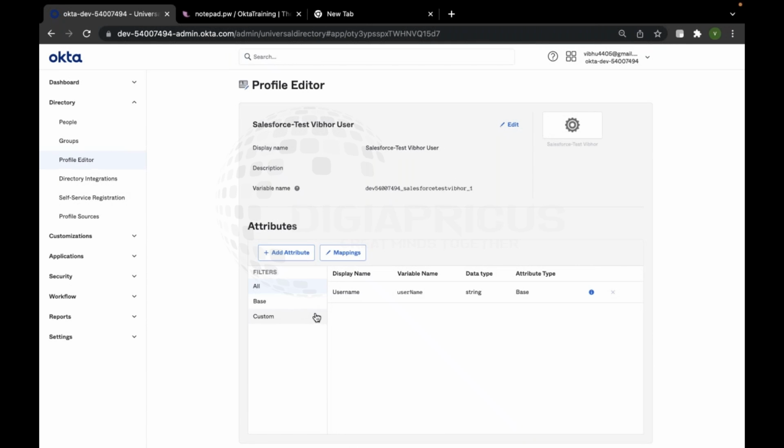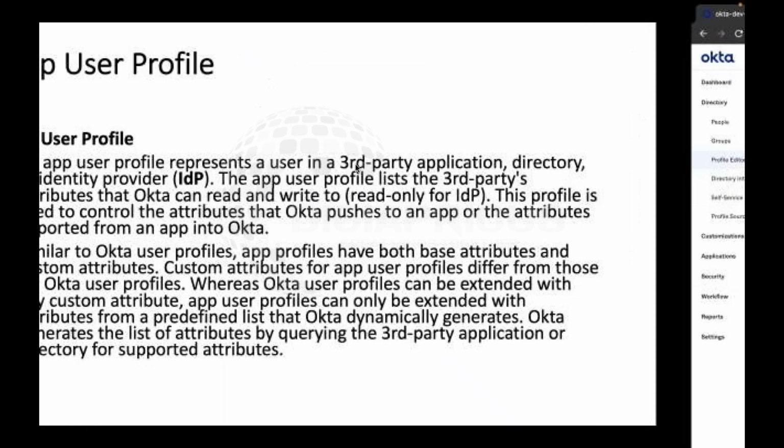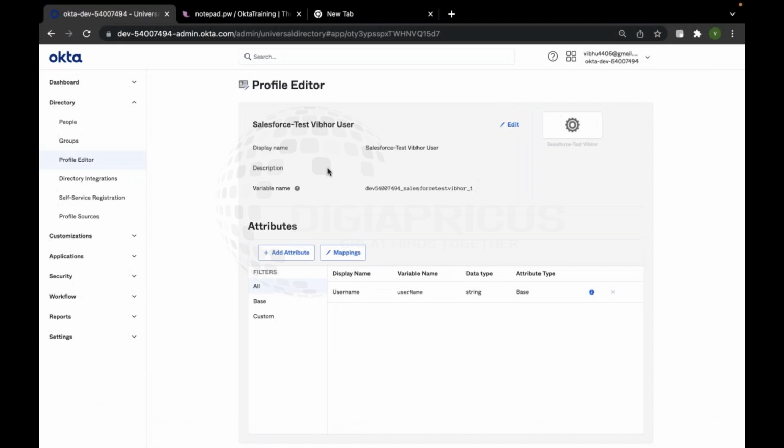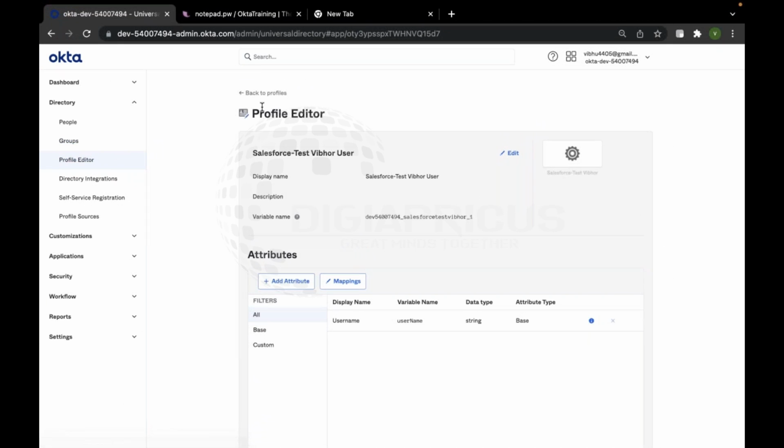So this is a username, and if I go back now, what we are saying here is that the application user profile can list the third party application attributes that Okta can read or write, and for an IDP it can just read. For an IDP it cannot write an attribute. So if I go back to the IDP one,